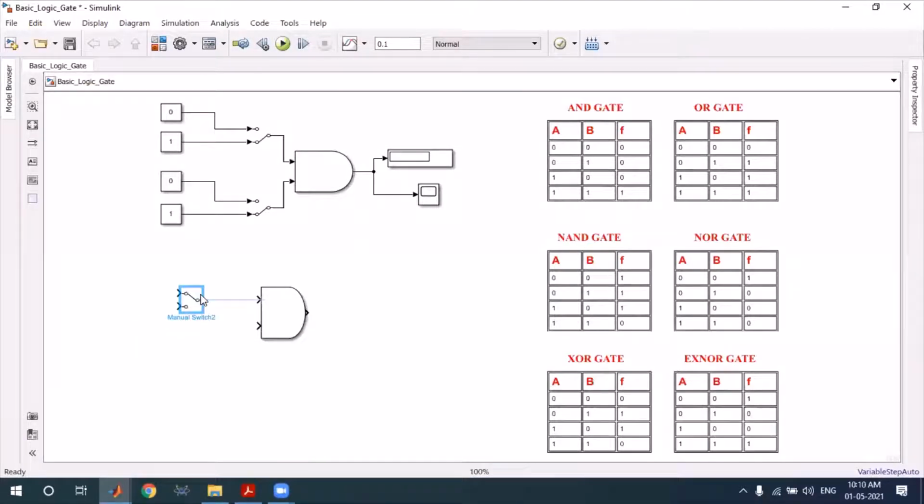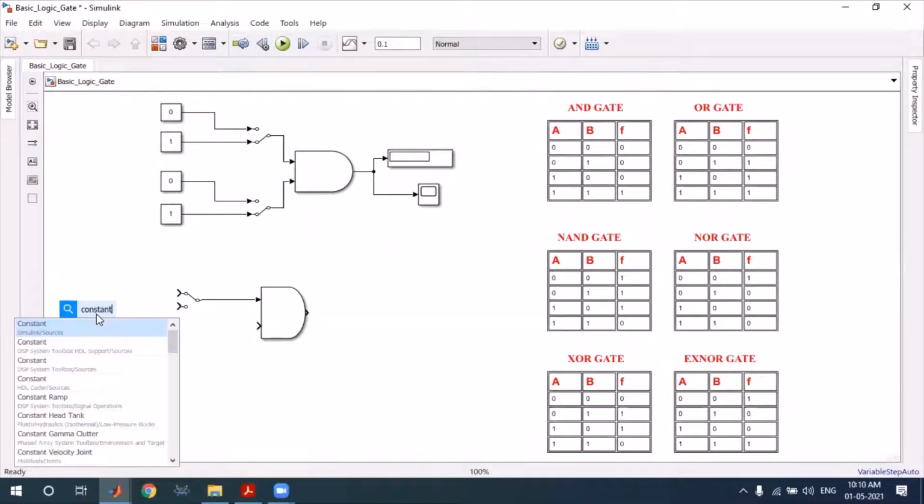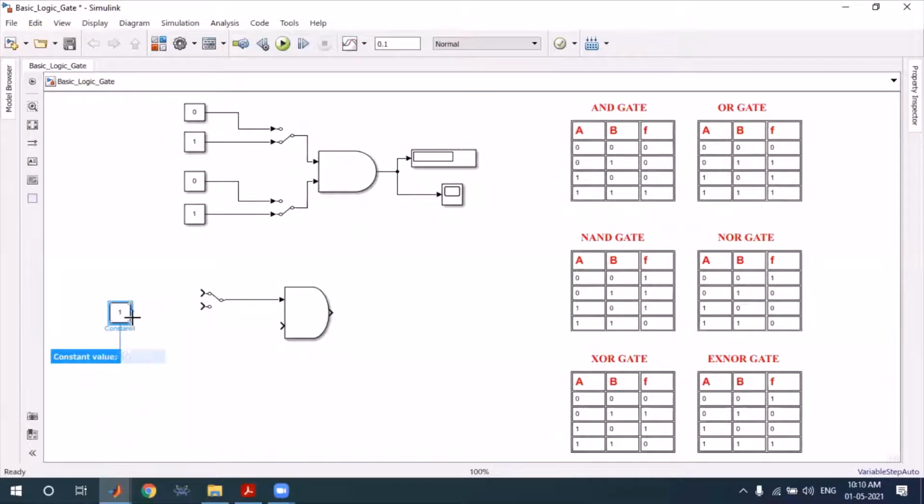Then this is the constant block. The name is constant, so you write constant block and you get this. You can put any value in your constant block, either 1 or 0. In this way you can make this arrangement.